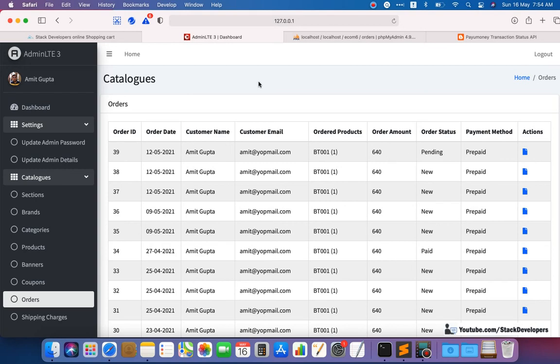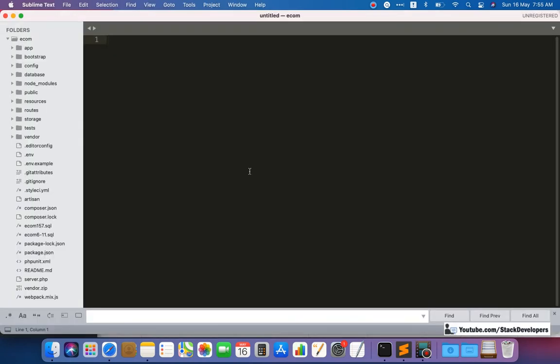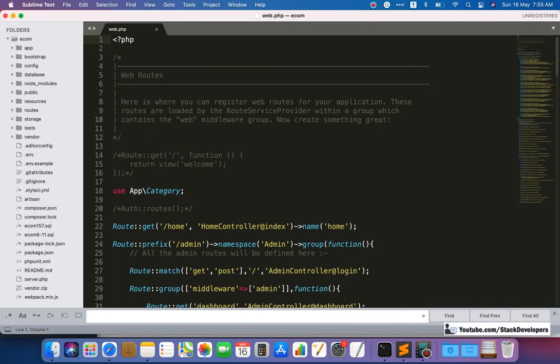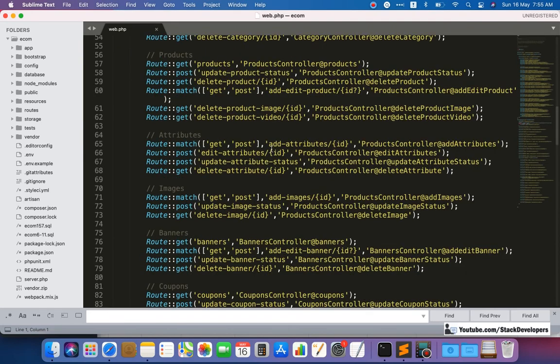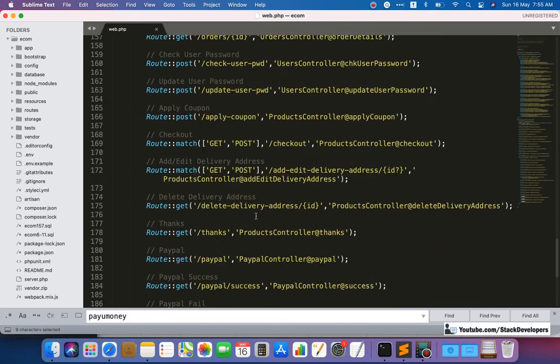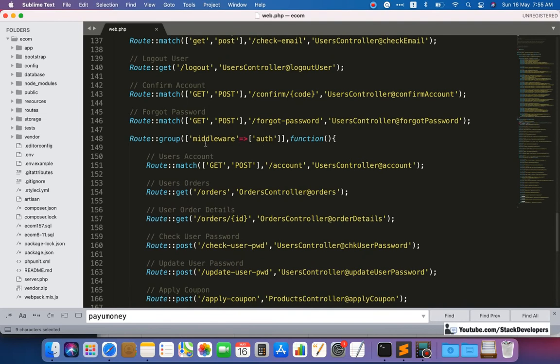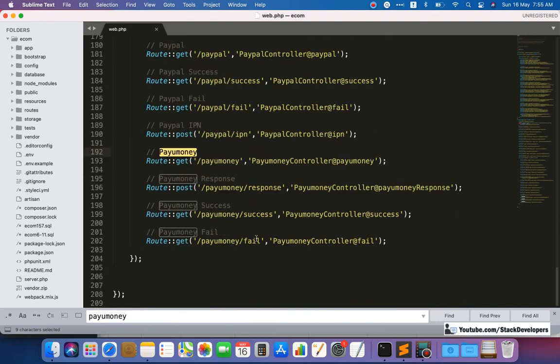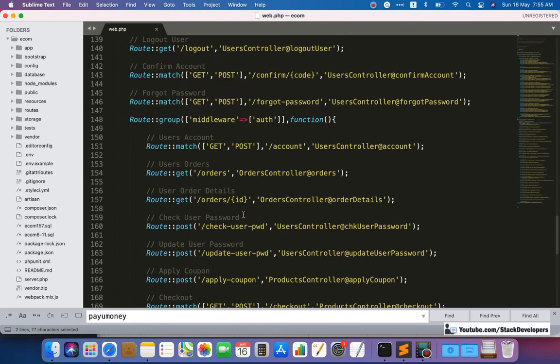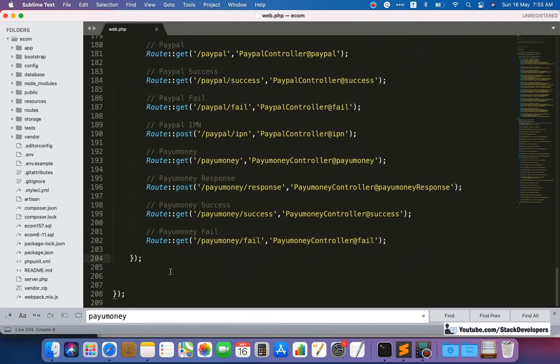Okay, so let's start. I hope it is clear to you why we are going to integrate this API. This API is really crucial. So I will open PayUmoney where we are adding all the APIs, and here you can see we have added the PayUmoney routes inside the auth. But this one we will add outside the auth, because if we add it inside the auth, then we can't schedule it every half an hour. So we are going to add it outside the auth, like here we can add. Okay, so we will add here, like PayUmoney.